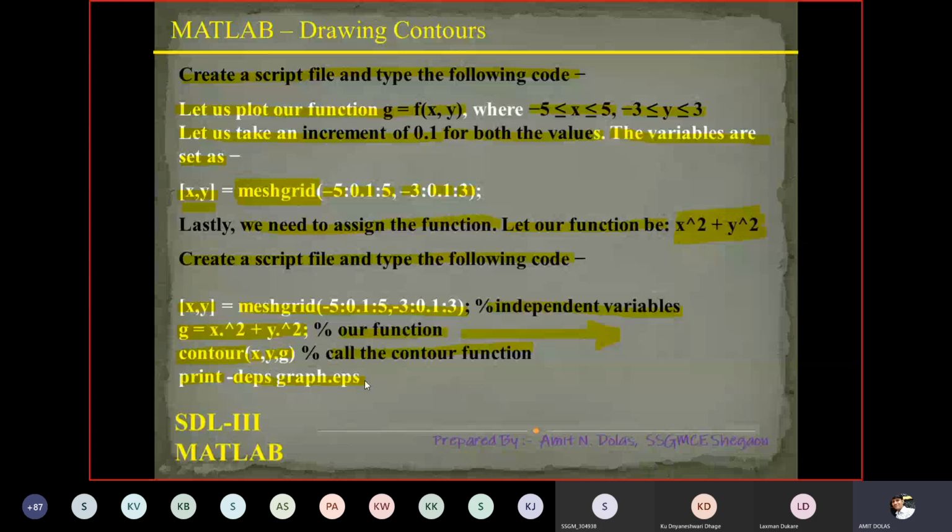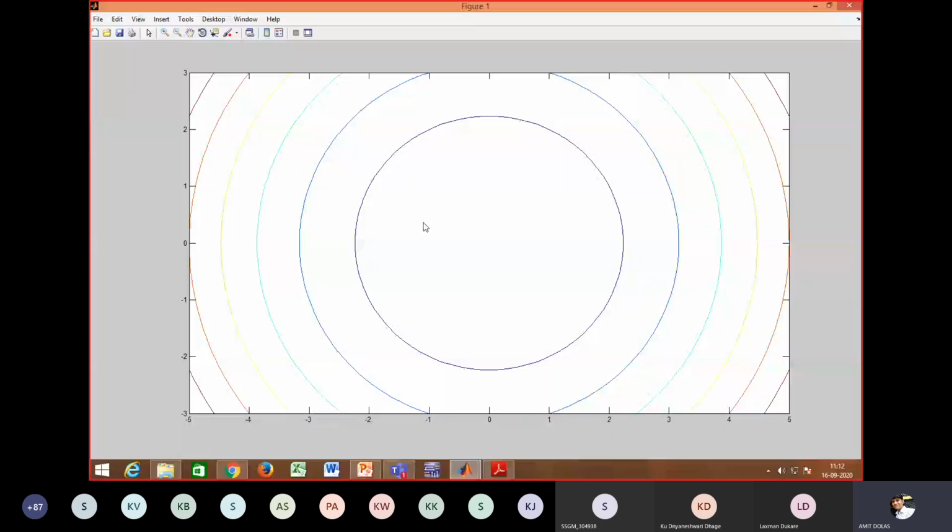In MATLAB, you can see here the contour plot is on the figure. Now here there are lines and circles. Y data is plotted from -3 to 3. You can see the values -3, -2, -1, 0, 1, 2, 3.